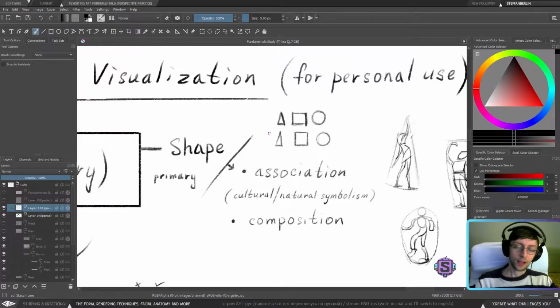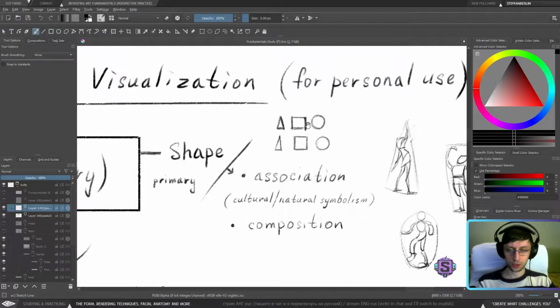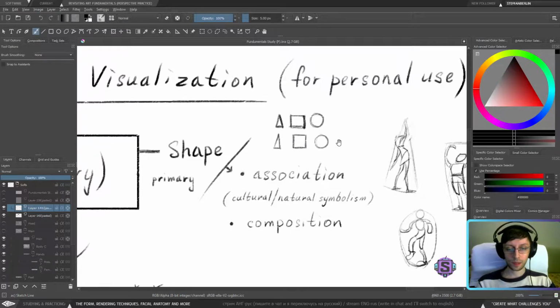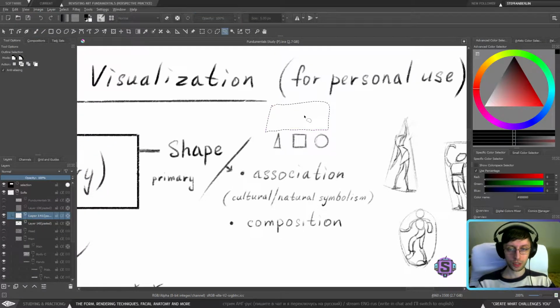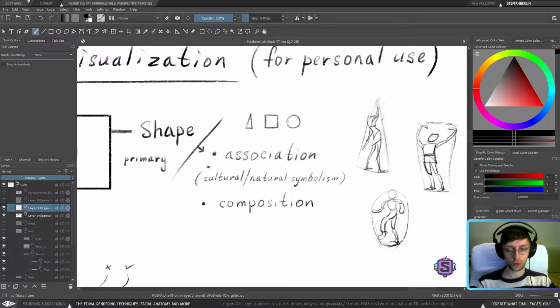Triangle, seriously. So yeah, we have triangle, we have rectangle or cube, basically just a rectangle, and we have a circle. These three shapes, again, these are the shapes. This is not something that has form to it. It's just a shape. This is something that is flat. We're basically going to try to use those things as a part of the design in order to first create